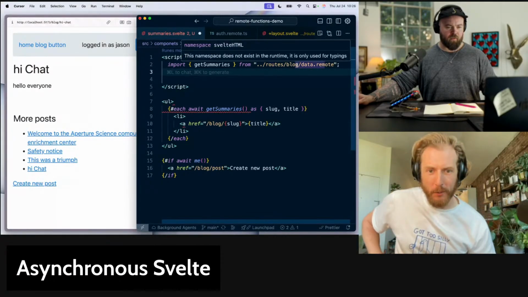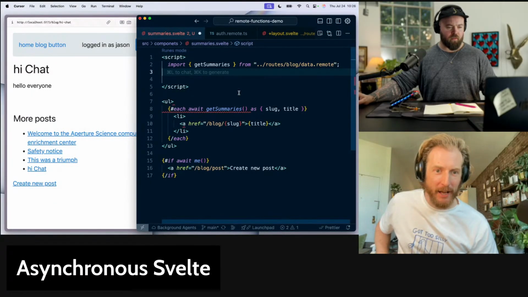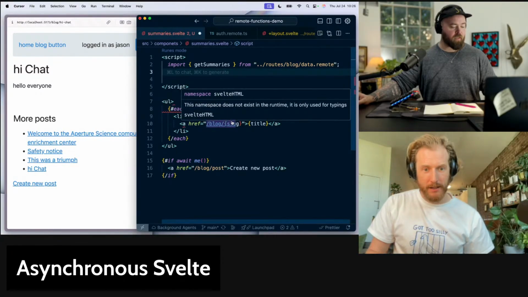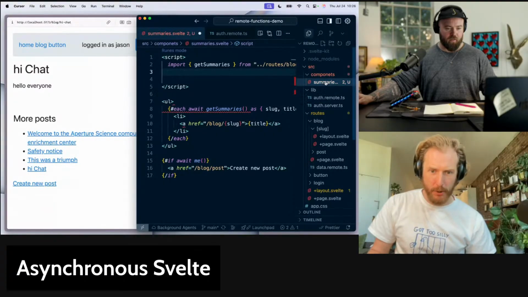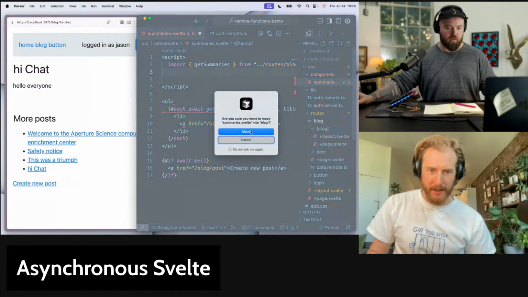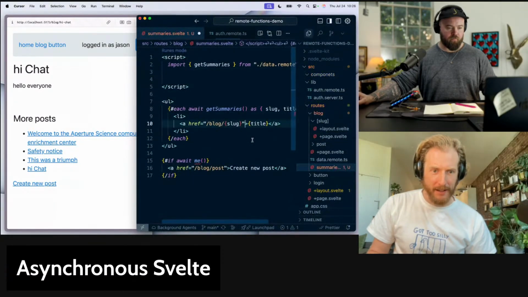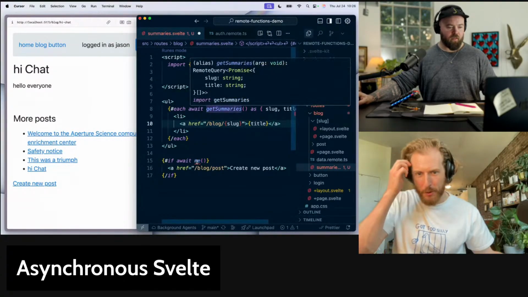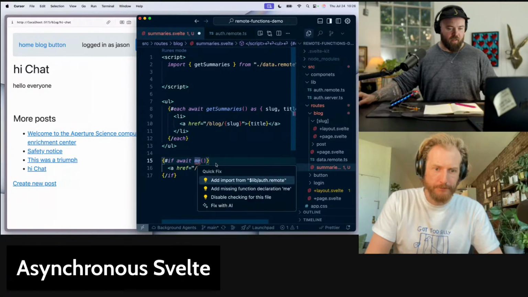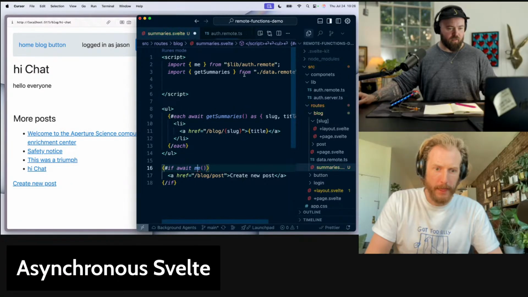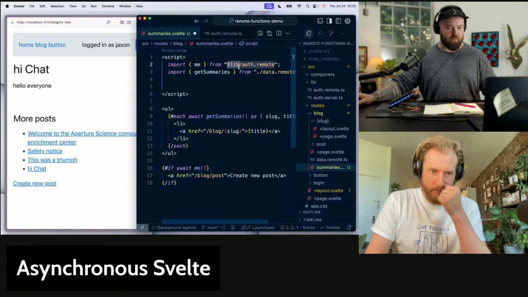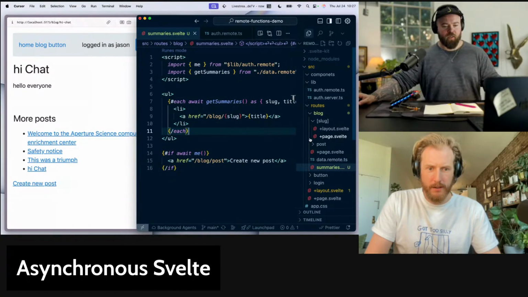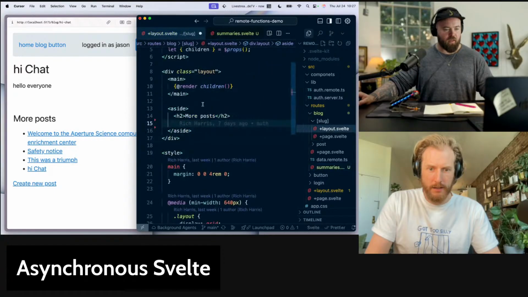One thing we could try is to put the summaries.svelte file inside the blog directory. Inside the blog directory, okay. Yeah, instead of having a src/components. Okay, it seems to like that. I'm not sure why, but it's happy about that. I mean, who knows? And we got our auth remote, and it did the lib thing for that. Okay, and so now that just works, and then I can come back over to our blog slug,